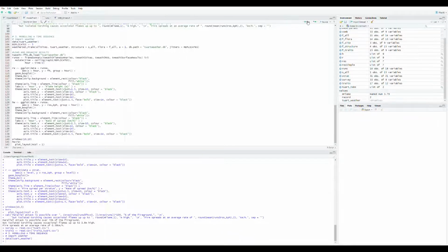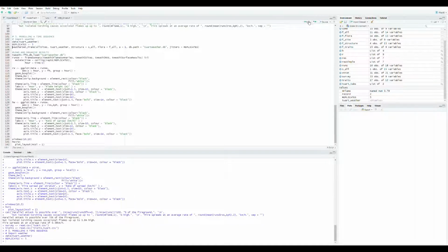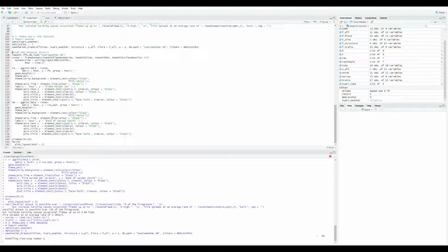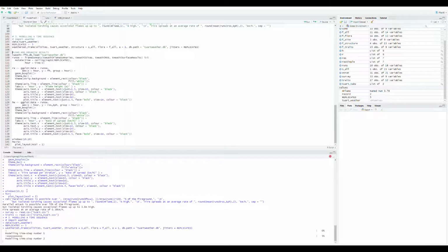What Weatherset frame does is use a data set of weather conditions. In this case, we'll use Tuart weather, which is loaded with the package. And for each point in that time series, we can run a given number of replicates. We'll be using 5 replicates here. Weatherset essentially does the same thing that Probfire does, but for a series of weather conditions instead of just the one design set of conditions. And because this will obviously take longer still, we have a progress bar that tells us